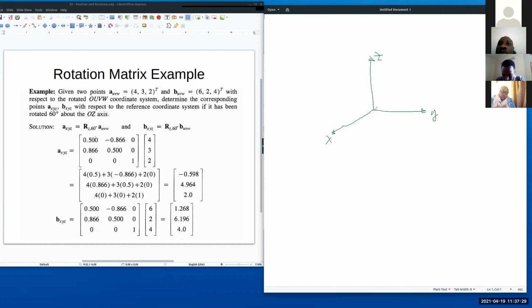The OUV is rotated 60 degrees, that's the one that we have drawn before. So U, V, and W. Okay, maybe that one you cannot see. So the question now is, how are we going to express the vectors